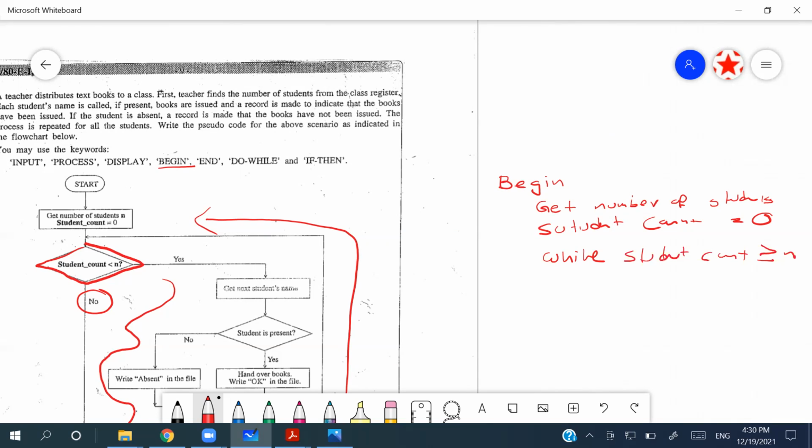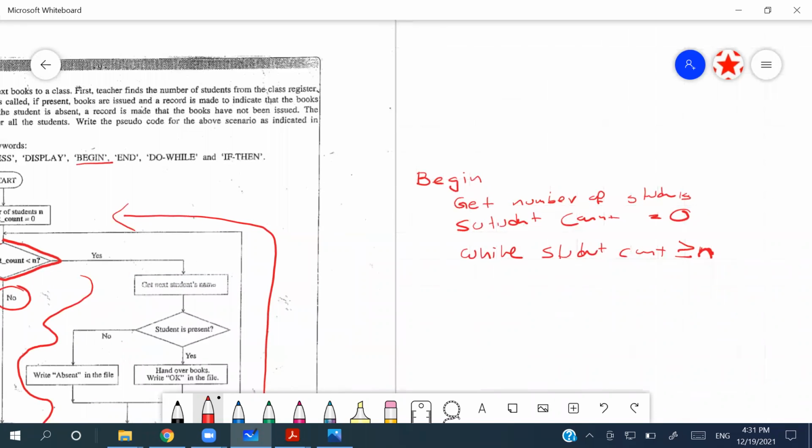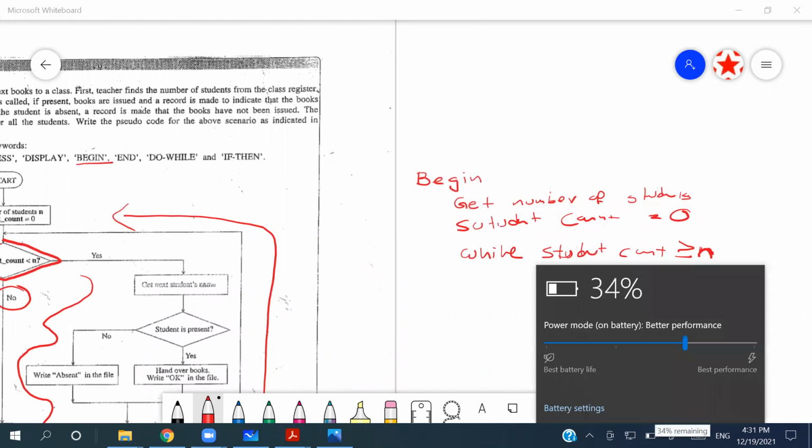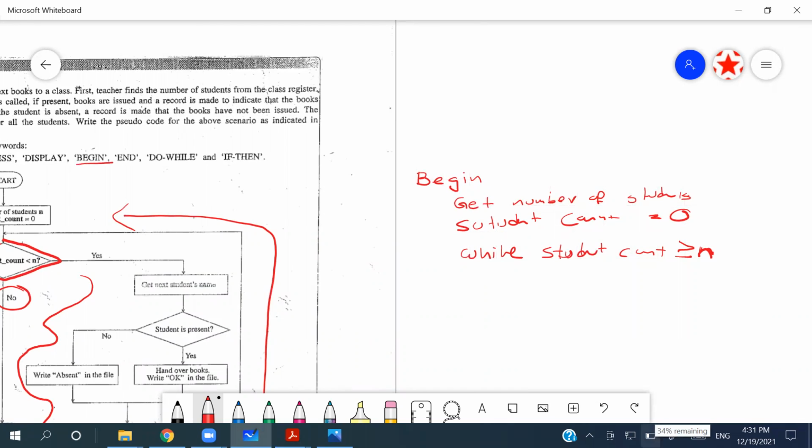The complete opposite of less than n is going to be larger than or equal n. If it is less than or equal n, then the complete opposite is larger than n. So while student count larger than or equal n, then